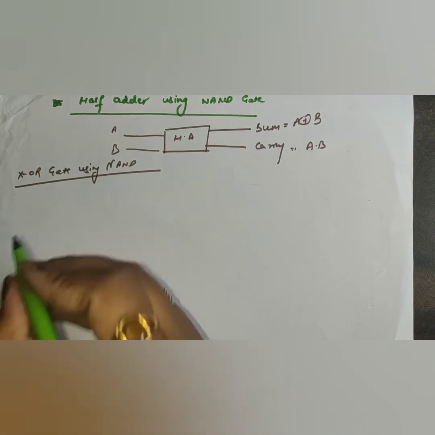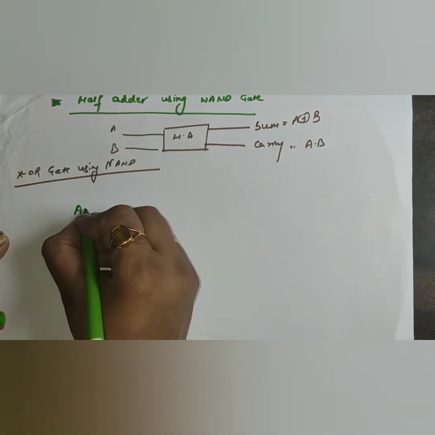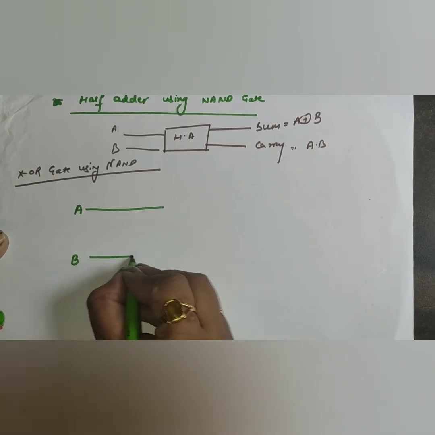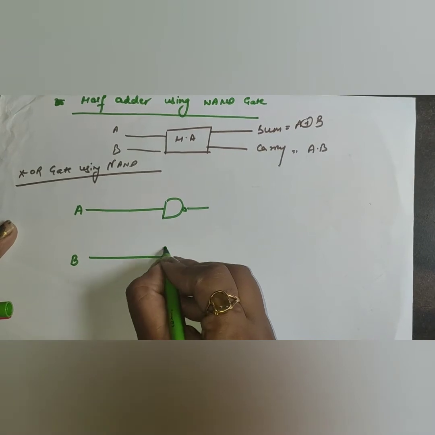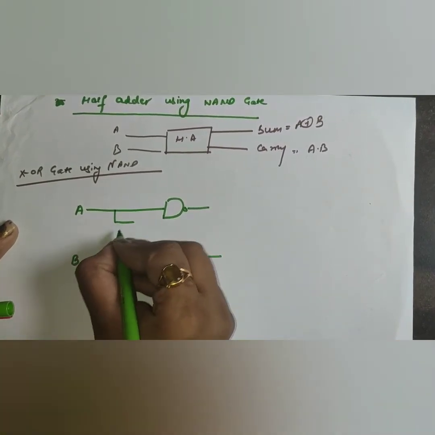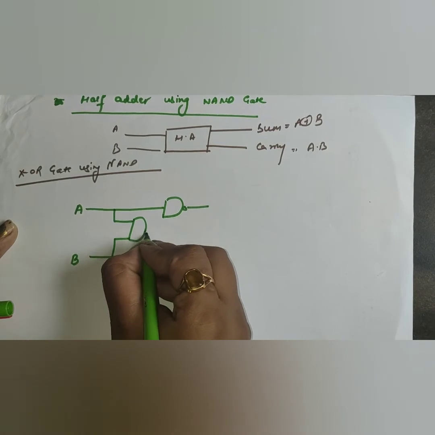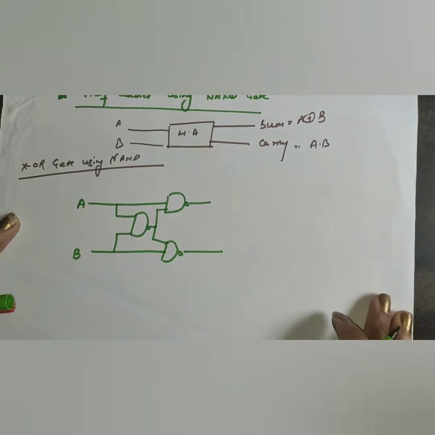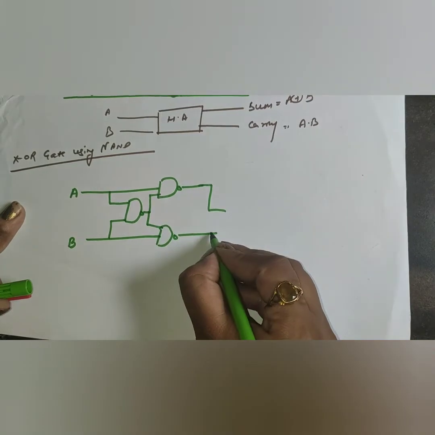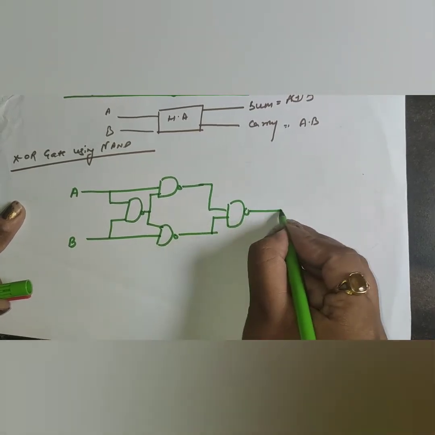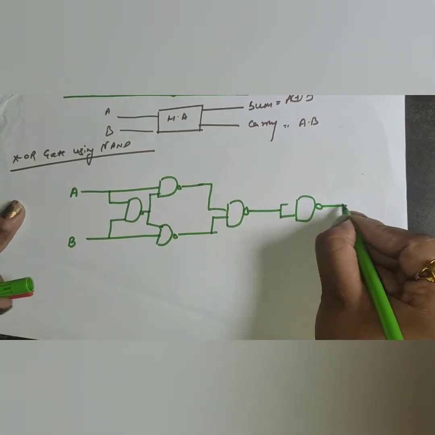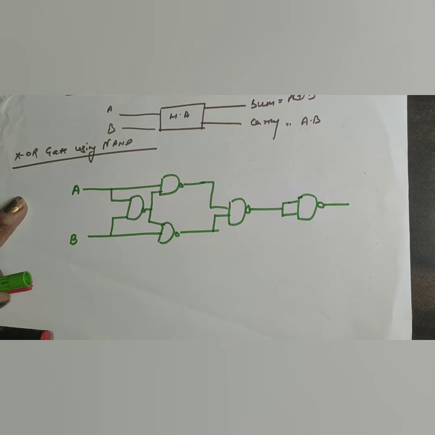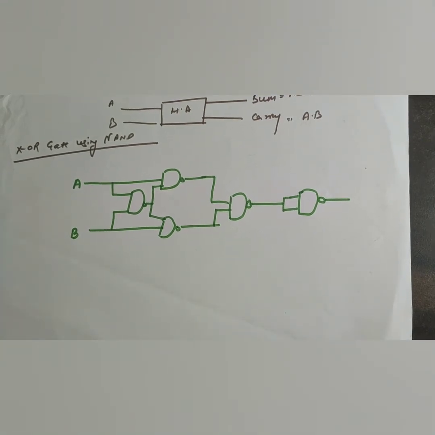Now how can we make it? Here are inputs A and B. Now this is given to a NAND gate like this, and one NAND gate is given like this, with two inputs like this. Now I have already explained this in my universal gate lecture series, so you can go and check how we can do that. I have given you a brief idea here, so it will be your answer.